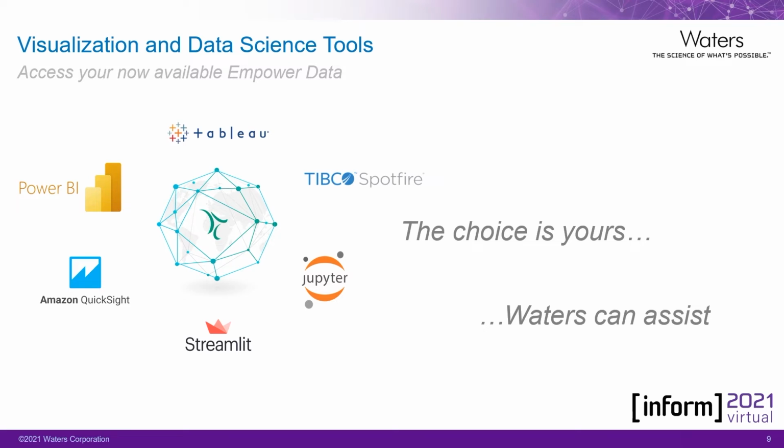Now that your data is in a readable format, you can use data science applications like Streamlit or Jupyter Notebook, or even data visualization tools like Spotfire and Tableau. You have the flexibility to choose the best tools for your particular needs. We can also assist in deciding what tool may be best based on your environment and use cases. These tools will allow you to collate and visualize the data outcomes required and are easily customizable based on your needs. Once a dashboard has been developed, it can be published to a larger audience. This audience will have the ability to filter but not change the dashboard. Only the creator can change.